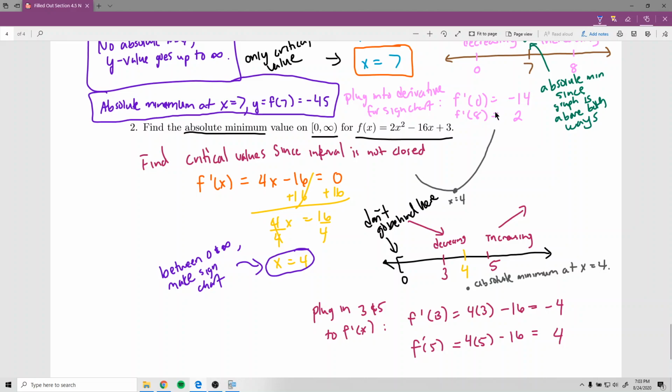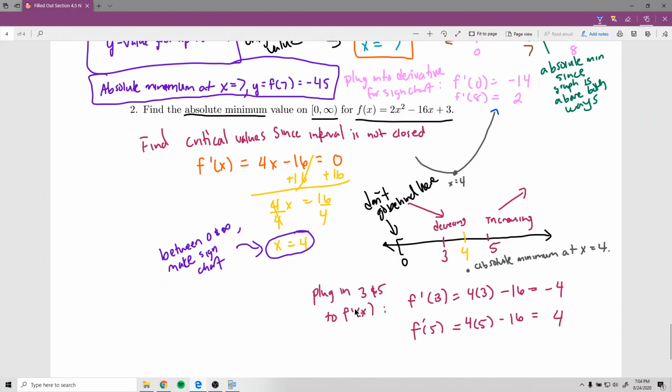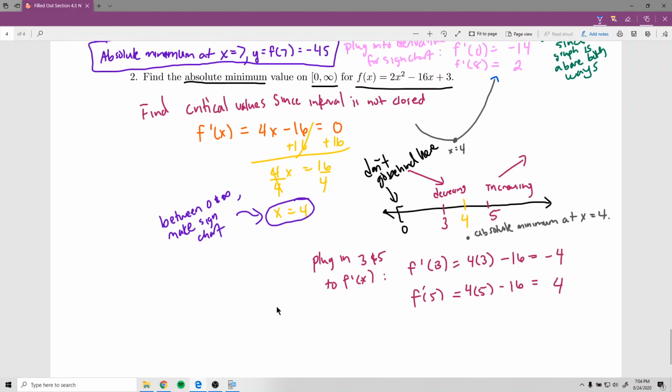It wouldn't, because it goes up to infinity. There's nothing stopping us from going that way. We can't go up this way because we have to stop at 0, but we can go all the way to the right. But there is no absolute maximum for this problem. The absolute minimum, there's an absolute minimum